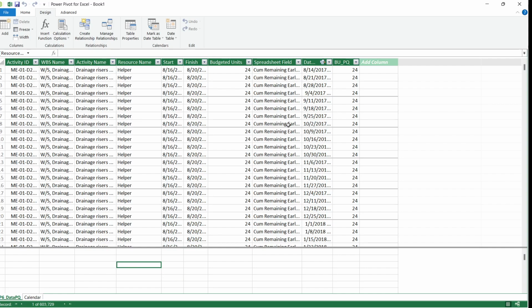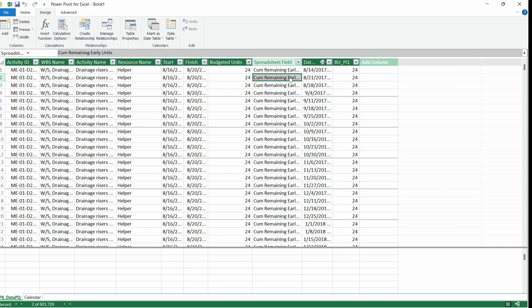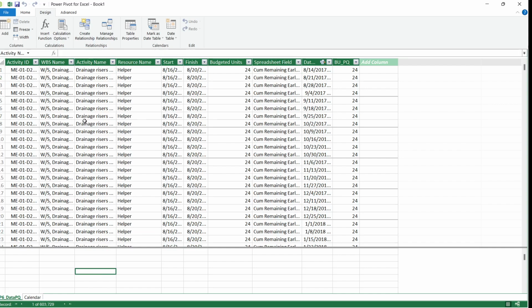So if from here, you go here and you see that we have cumulative remaining early units. So just select this one, press Ctrl C, and make one new measure here. Select anywhere and go on the function button here, and then write cumulative early